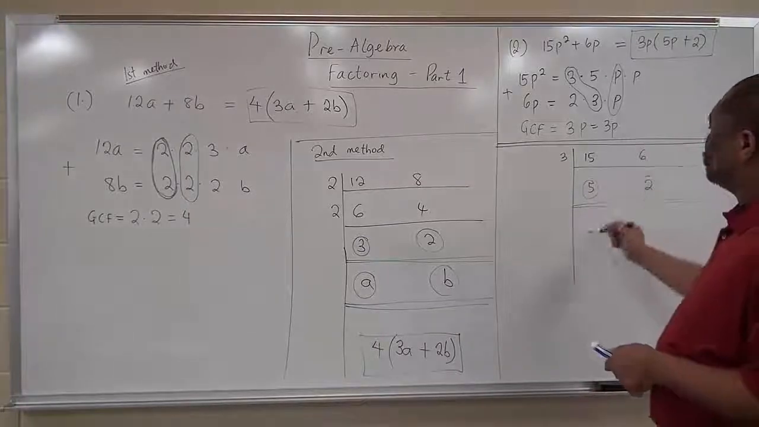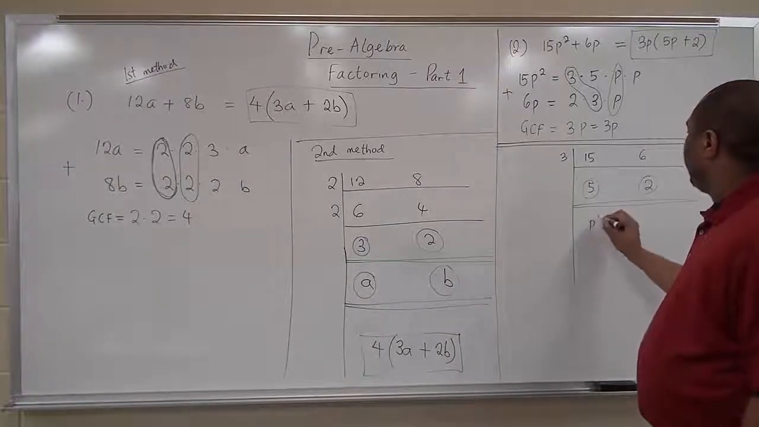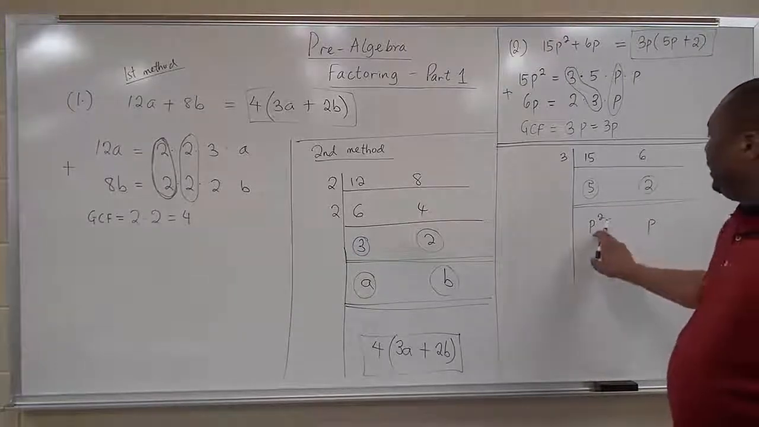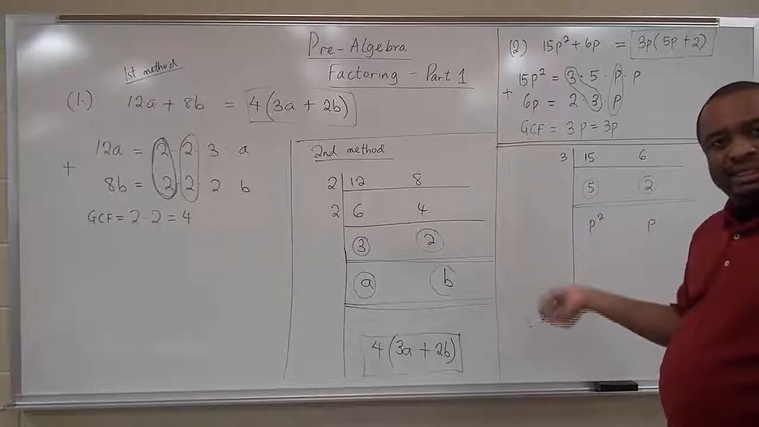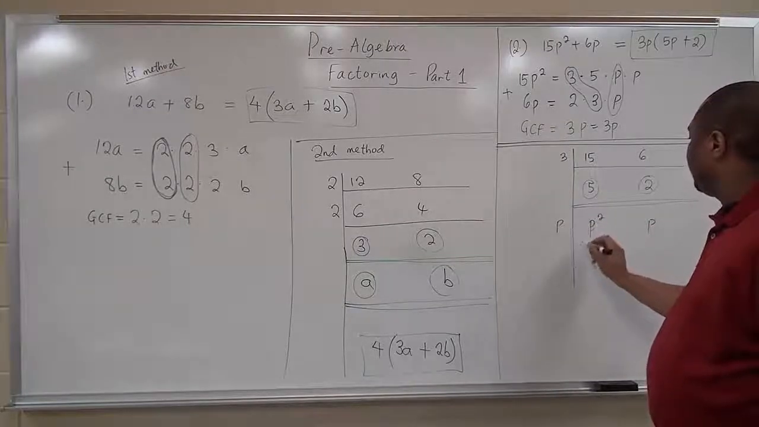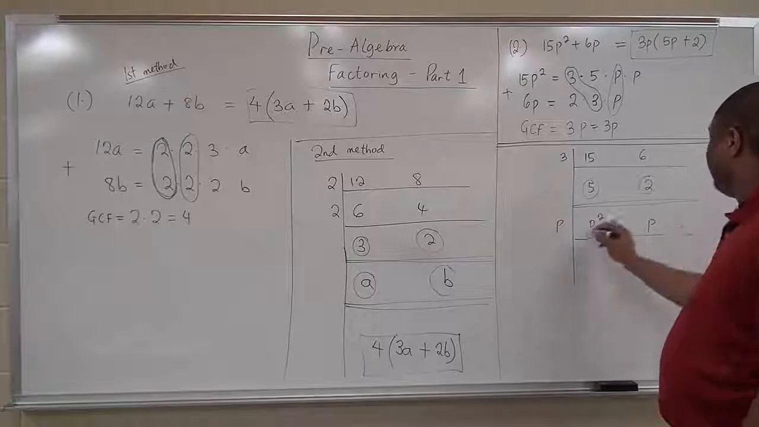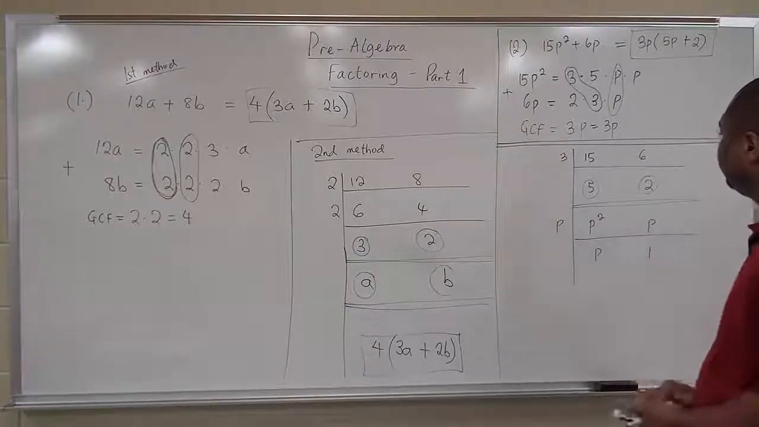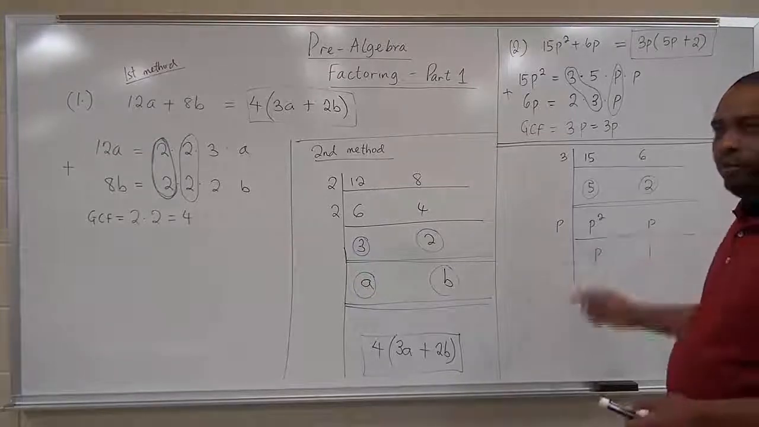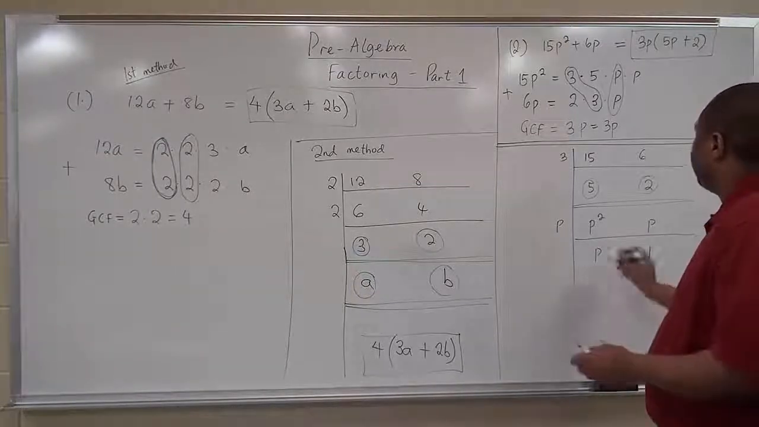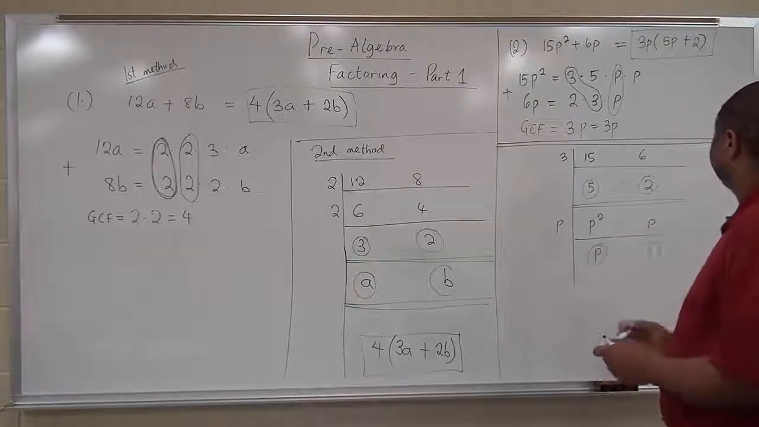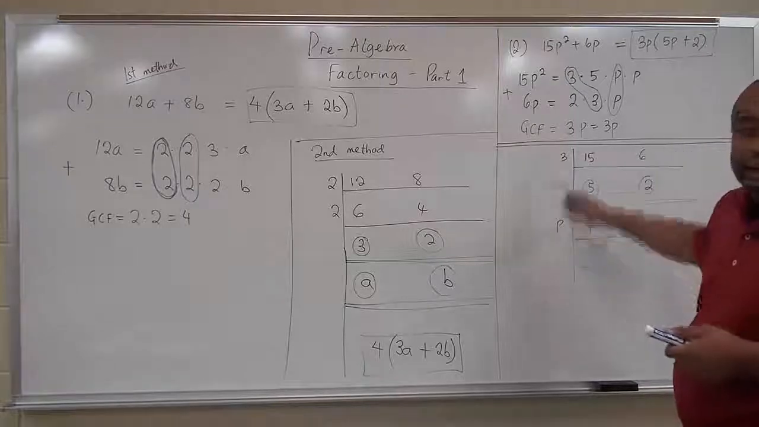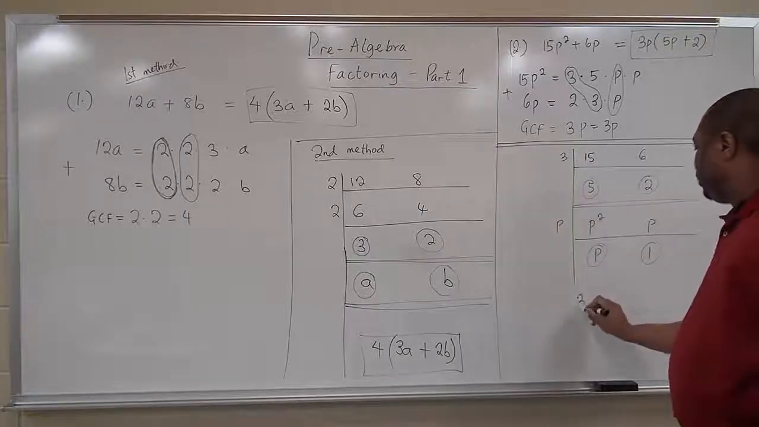Then we do the next one for the variables, p squared and then p. What can divide p squared and still divide p? We see it is p. And p divided by p squared is p. P divided by p is 1. What can divide p and still divide 1? Nothing anymore. So we now circle this, that we are going to use it. So the GCF is 3 times p, which is 3p,